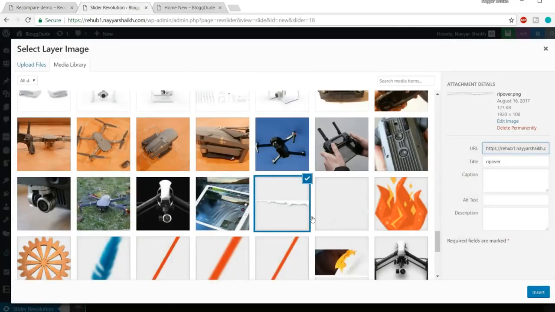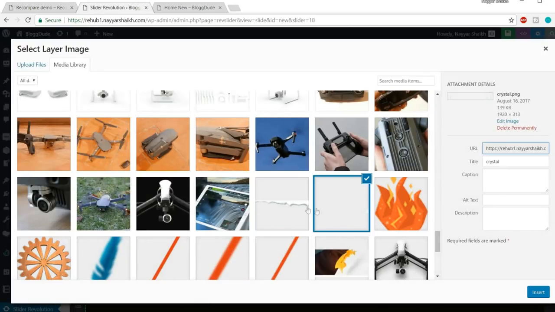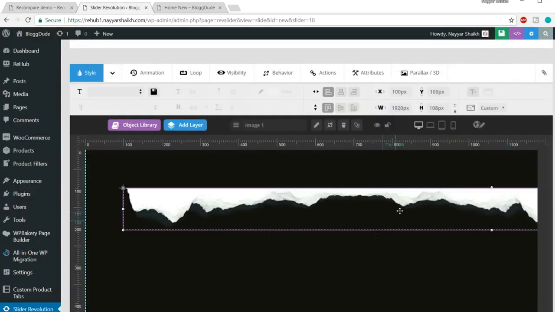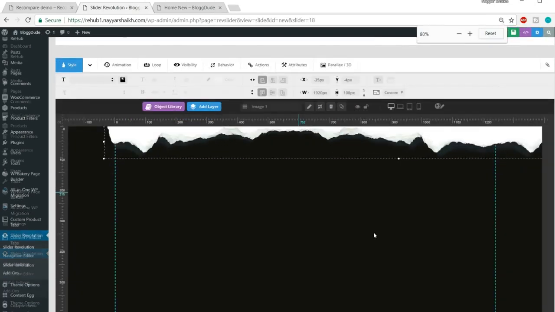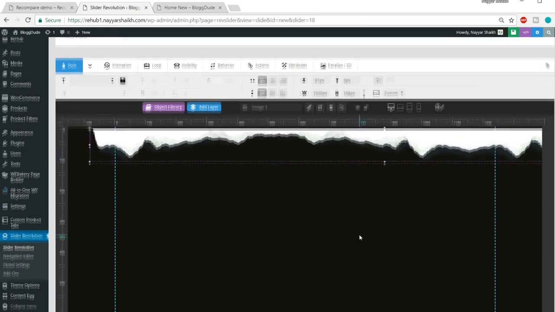I think yes, this is the one. No, this is not the one, I don't know. Okay, yeah, this is the one. The name of the image is RIP over.png. This is the one. Select it, click on insert. Oh yeah, here it is, and just drag this thing. Let me again zoom out and drag this thing accordingly. Okay,